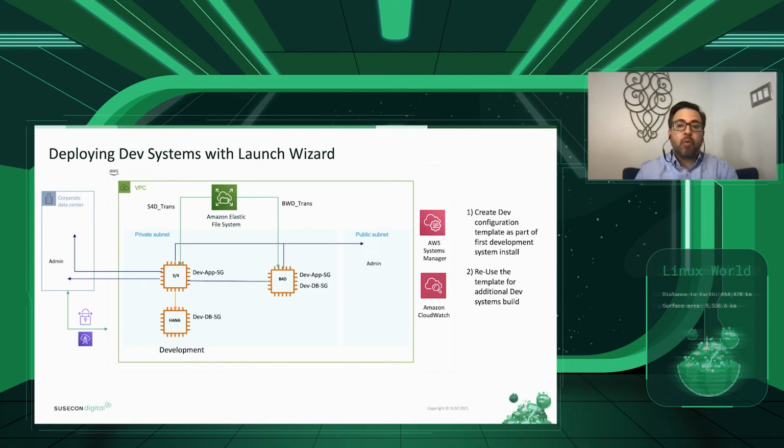So what Launch Wizard provides is flexibility of using the configurations that you've saved when you deploy additional environments. It will configure your transport file system so that when you launch a development environment and you need to add a test environment, you could use the saved configuration and launch that test environment. Launch Wizard will configure the transport file system automatically, allowing you to add additional environments to your current landscape. And this can be done in a single VPC with multiple private